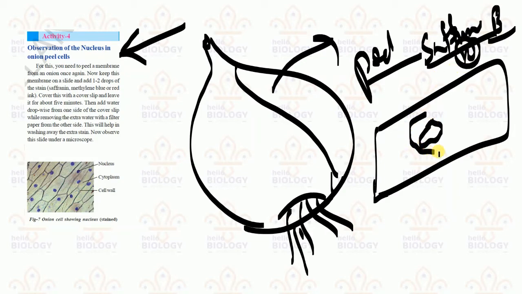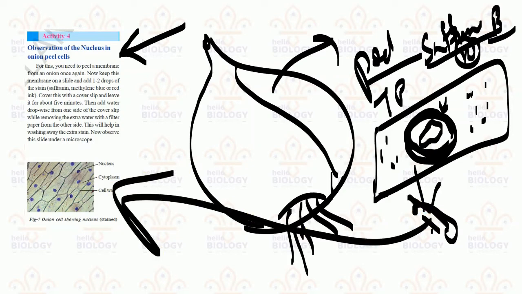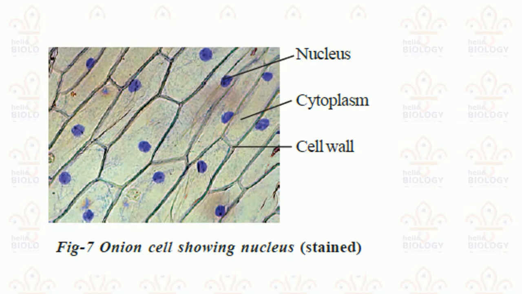After that we place a round cover slip, which is available at a bookstall. Then, if needed, 1 drop of water must be added. If excess water falls on the slide, clean it with tissue paper. Then we focus it under the microscope. After putting it under the microscope, you can see this picture. Let me magnify this picture. Nucleus, cytoplasm, cell wall. As methylene blue was added, the color is observed like that.